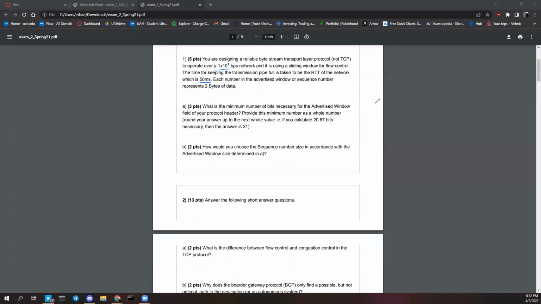So if we do RTT times BPS, 1 times 10 to the 7th times 50 milliseconds will produce 5 times 10 to the 5th bits of data here. But it's rather important that we take into consideration that each number in the advertised window or sequence represents 2 bytes of data. So what we need to do